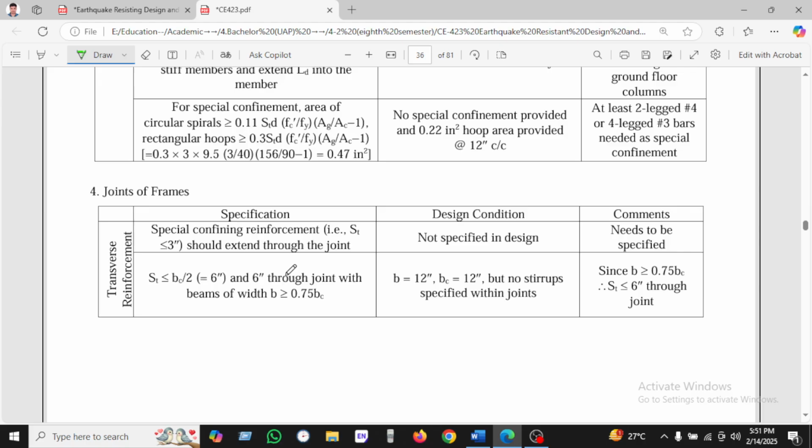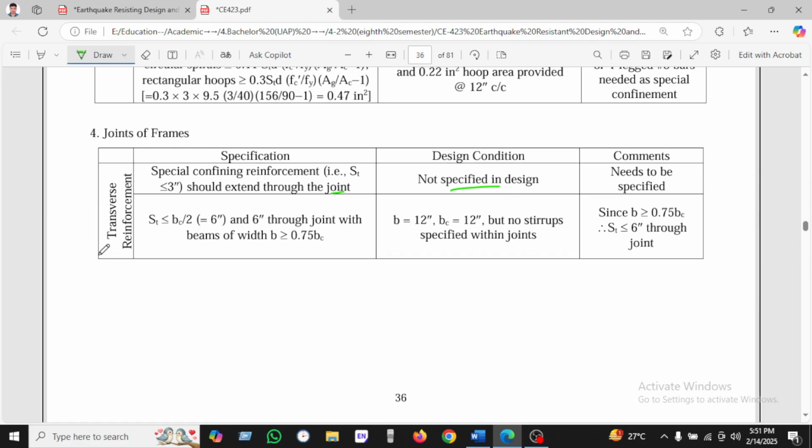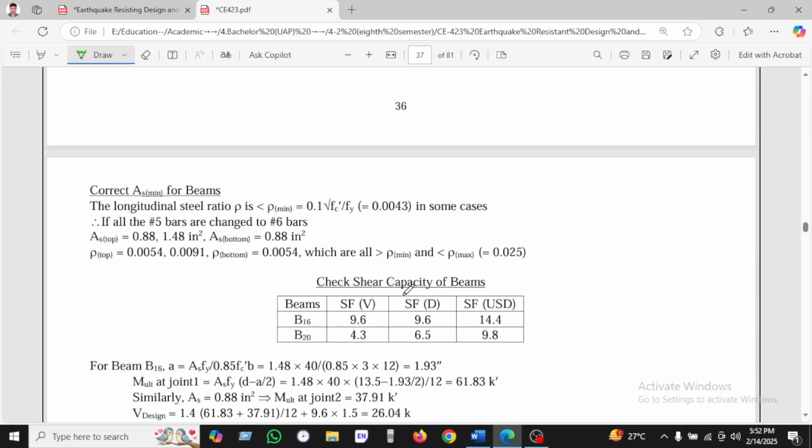And the joint, frame beam-column joint, we have found here. The specification specifies confined reinforcement which is extended through the joint, but it does not specify. And the transverse we have seen here is 6 inches, and 6 inches through the joint. For the beam we have found 0.75. On the other hand, here we have used b is 12 and bc equal to 12, but no stirrup is specified. Okay, so since b divided by 0.75 bc and st is 6 inches square through the joint,